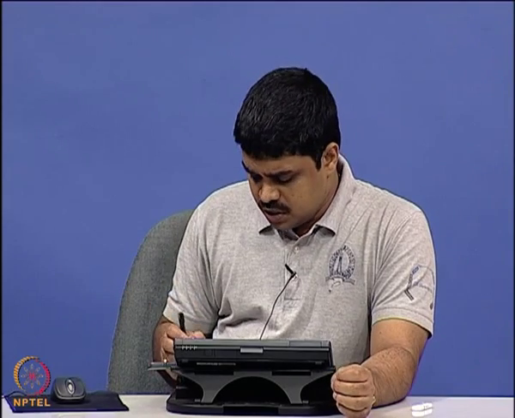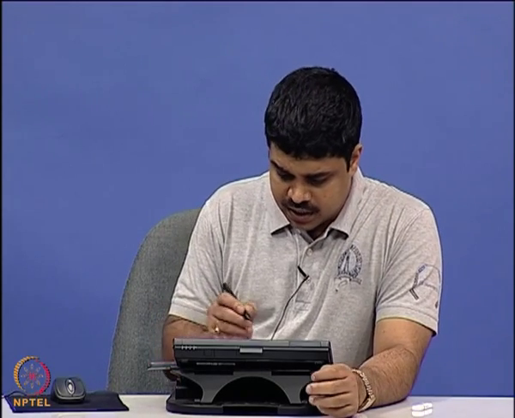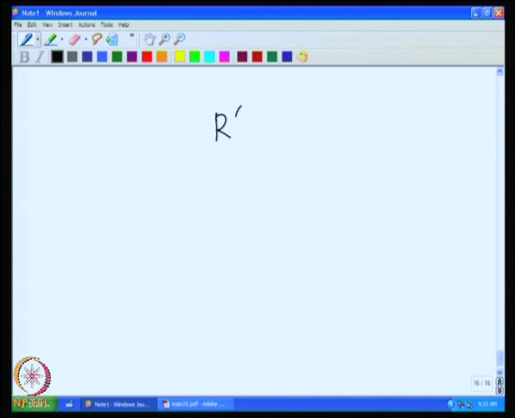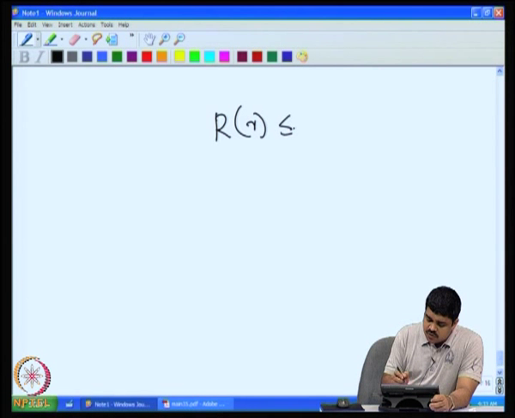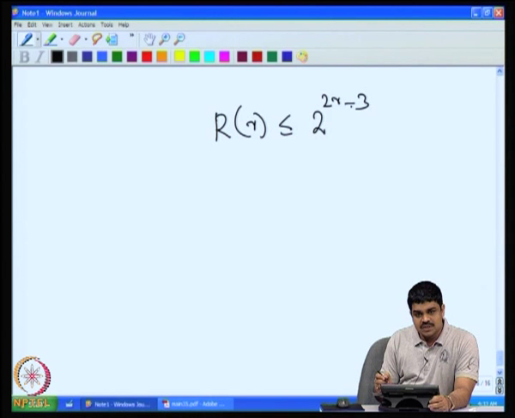Therefore, we conclude that R(r), the Ramsey number, has to be less than or equal to 2 raised to 2r minus 3. Why is it less than or equal to 2 raised to 2r minus 3? That is because